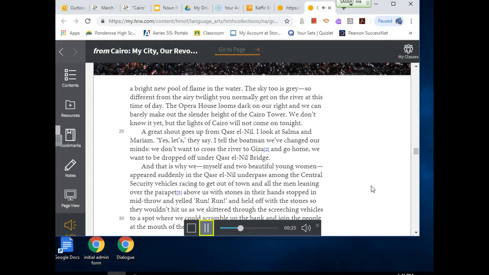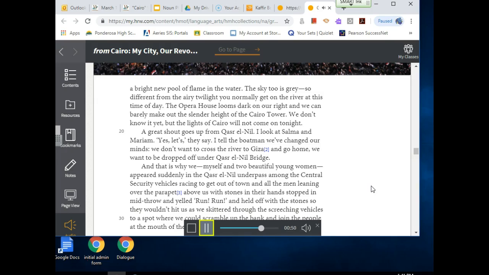I look at Salma and Mariam. Yes, let's, they say. I tell the boatmen we've changed our minds. We don't want to cross the river to Giza and go home. We want to be dropped off under Kasira Nil Bridge. And that is why we, myself and 2 beautiful young women, appeared suddenly in the Kasir el-Nil underpass among the